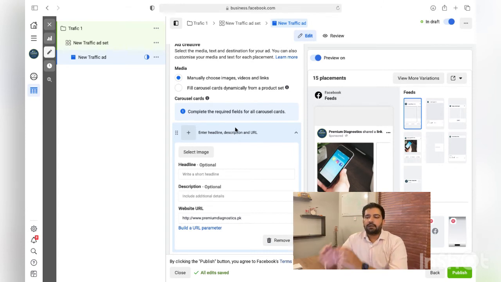Carousel means you can run 10 different creatives at a time. So if you have a store selling shirts, shoes, and other things, choose different products or different services in different creatives, and the landing page shouldn't be your home page.